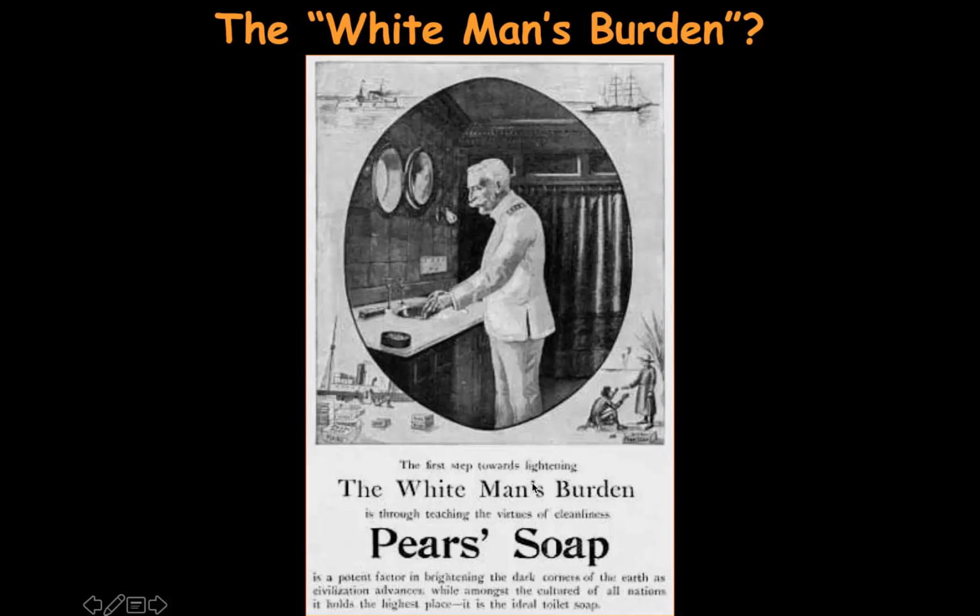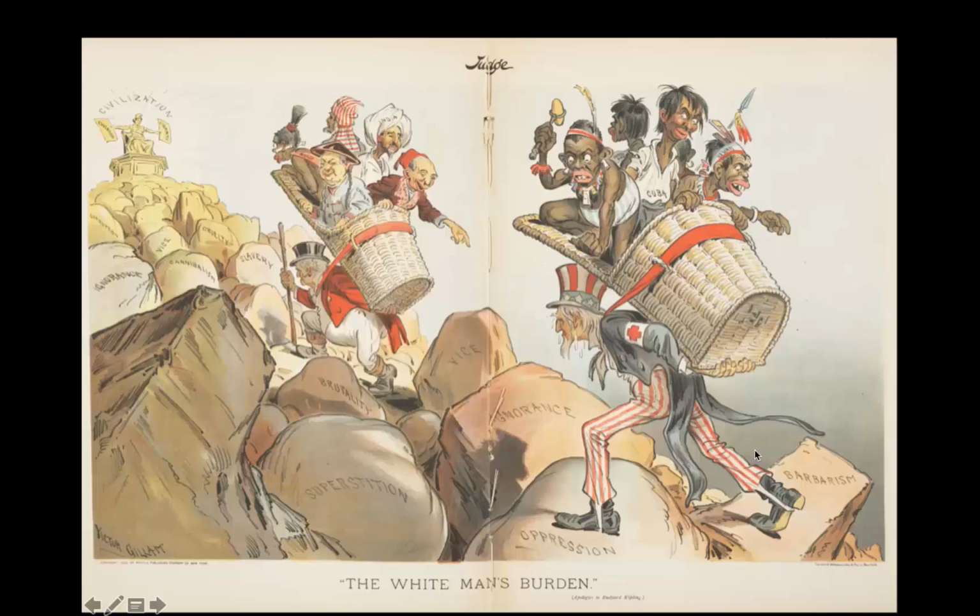What is this stuff? It's basically soap with bleach in it. And so, if you are a person in Africa in one of the colonies, and the Belgians or the English or the French or whoever, they might distribute the soap to you so that your skin over time becomes whiter. All right? Not only are you washing yourself more, but you're becoming whiter. And whiter means better, okay, to a European of the time.